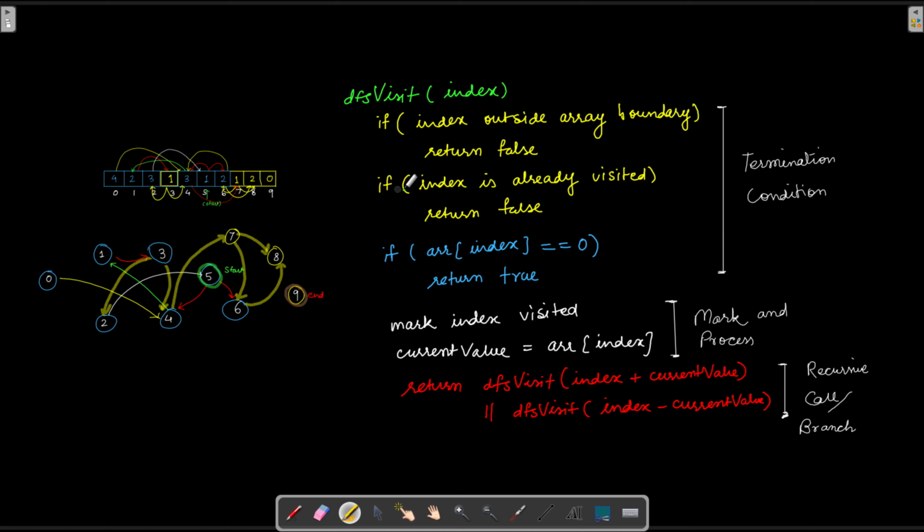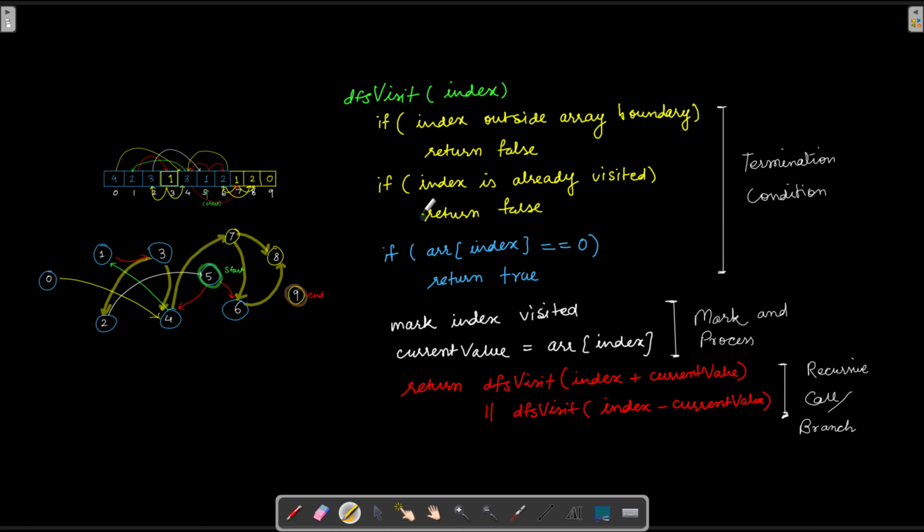Then we see if the index is already visited or not. So it is not visible here, but we are going to keep a set which is going to be visited, and every time we visit a node, we are going to mark that node as visited. So we'll be passing the index of that node, and we'll just keep that memory.